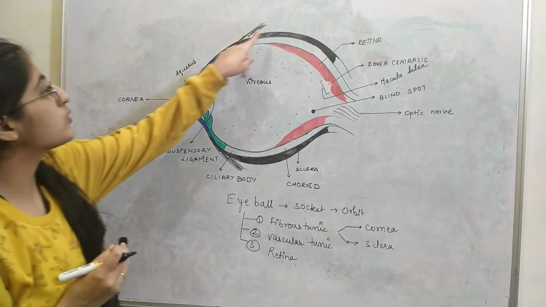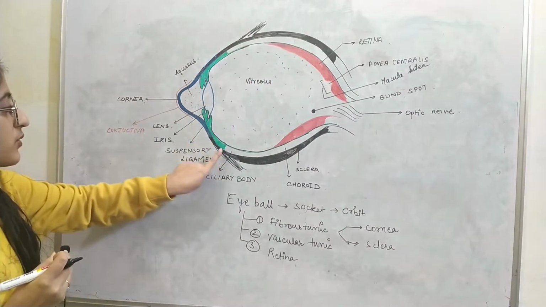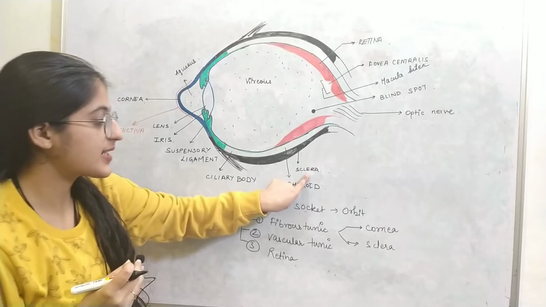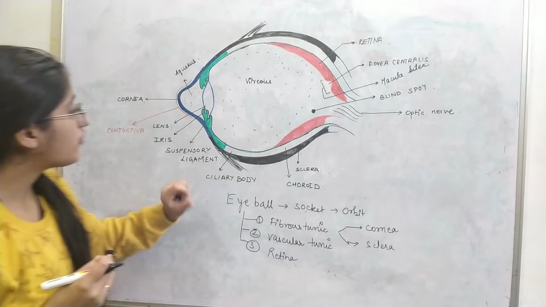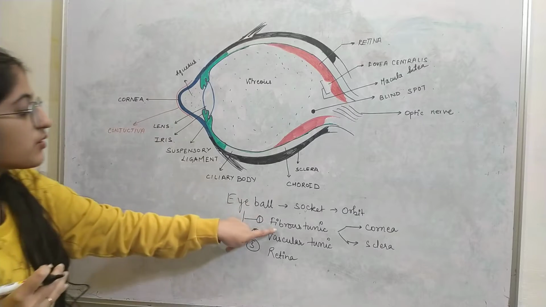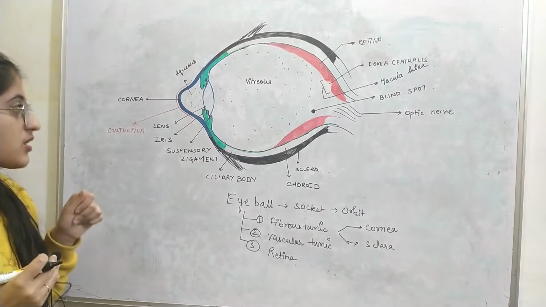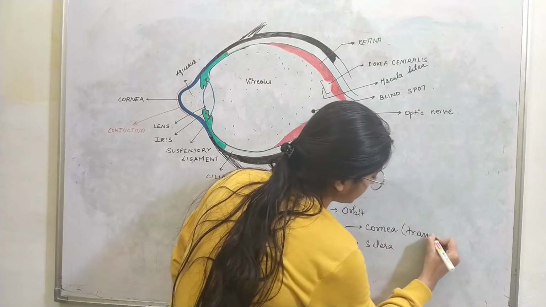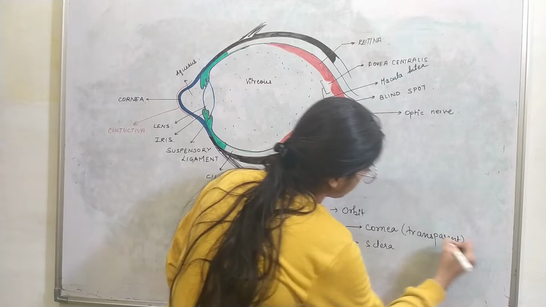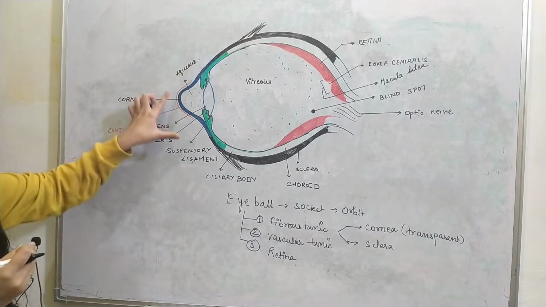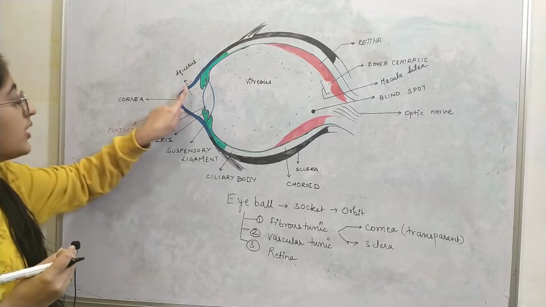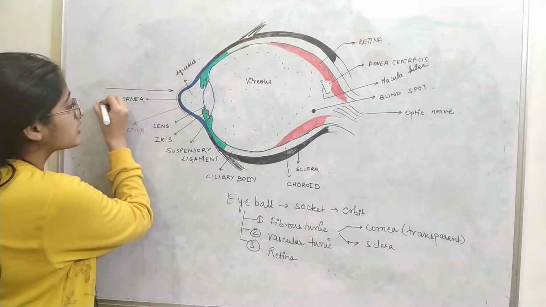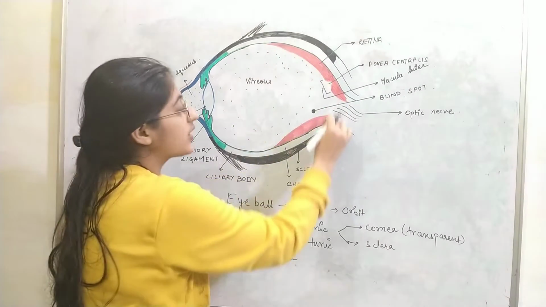This is the outermost layer, the black and the blue portion. The blue portion forms the cornea, and the black portion that you are seeing is the sclera. So cornea and sclera form the outermost layer, the fibrous tunic, which is made up of fibrous tissue. The cornea is mainly transparent. It is the bulged out form present on the eyeball. This bulging out helps to receive the incoming light and focus it onto the retina where the image is formed.